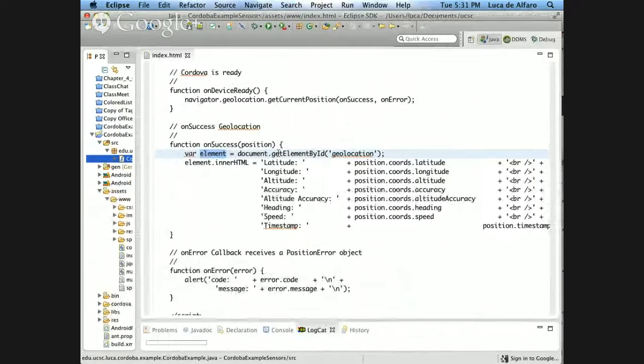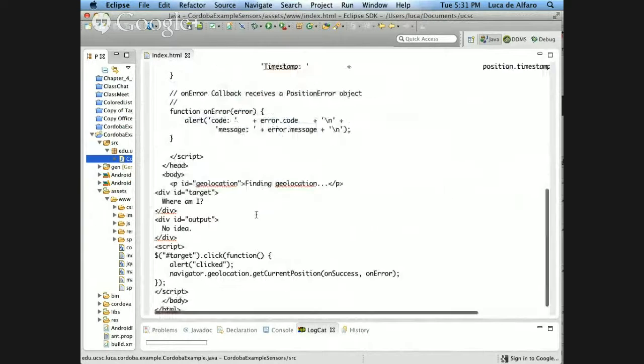Maybe we should try to rerun it one moment. So let's see what happens. Look again. Finding geolocation track, and it gets replaced by the geolocation.